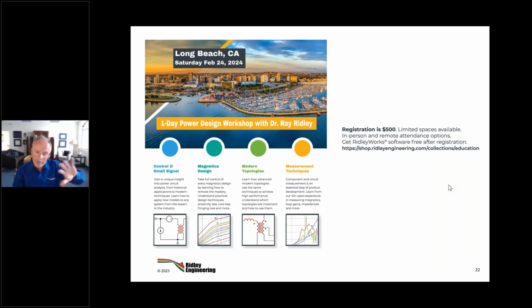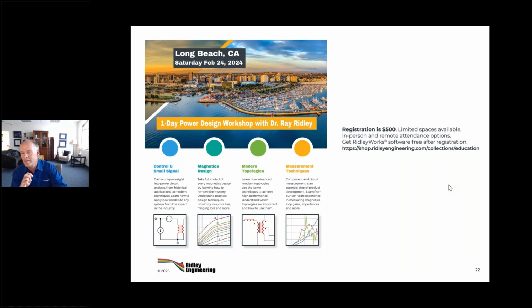If you listen to some people in this field, they'll tell you the buck and the boost and the flyback died a long time ago. If you look at the industry, the buck and the boost and the flyback are the mainstays of the industry. Some people will tell you should be doing dual active bridge. Some will tell you LLCs. Some will tell you phase shifted full bridge or hard switched full bridges. So many topologies now that it's impossible to sift through.